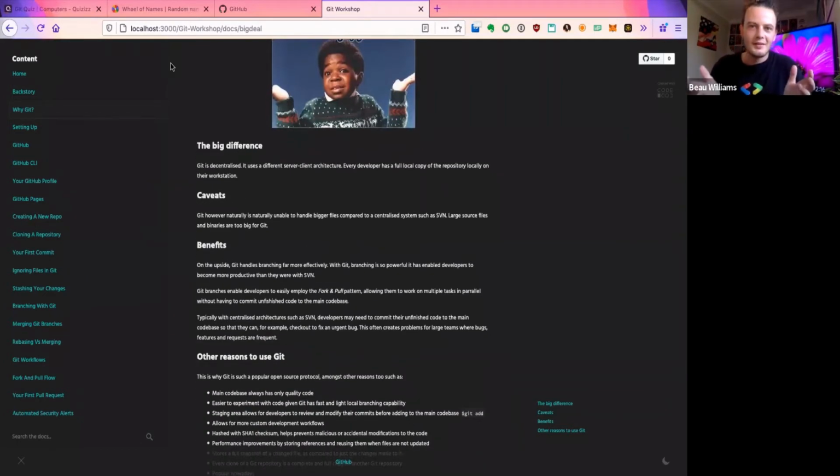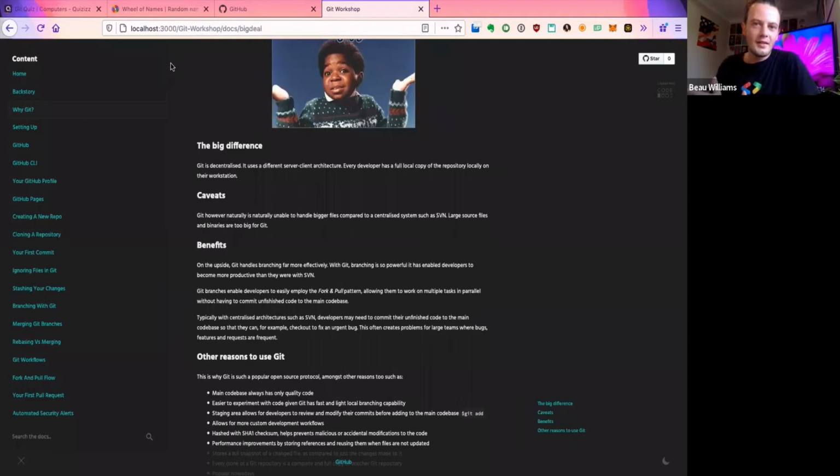So with that said, the caveat is that Git is not really great at handling bigger files compared to something such as SVN. I can't imagine how many software projects I can think of off the top of my head might have a 1 gigabyte file. But maybe you're committing MP4 files to your project, or a movie or something.